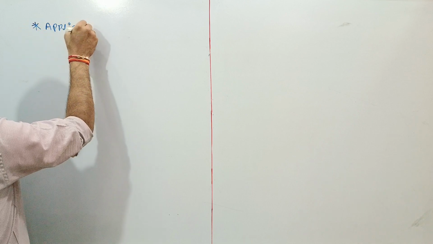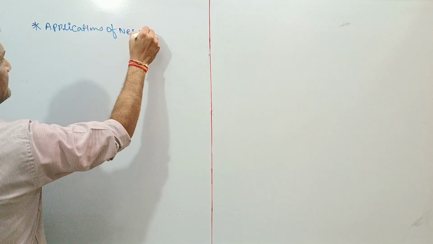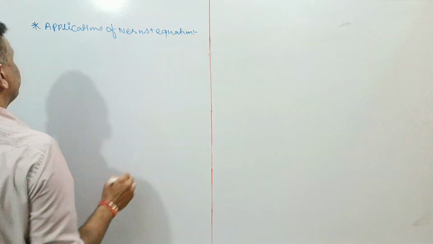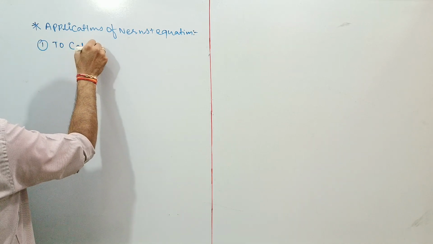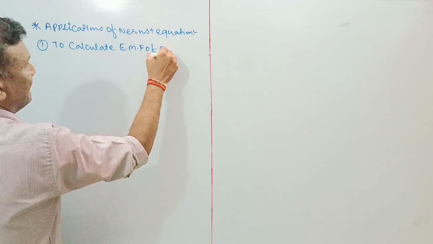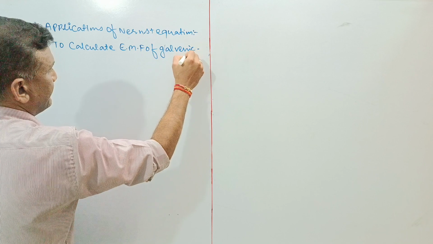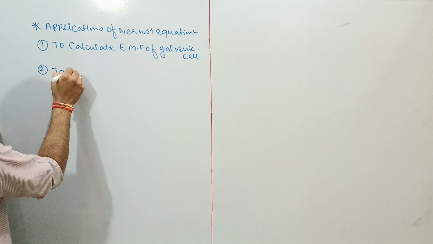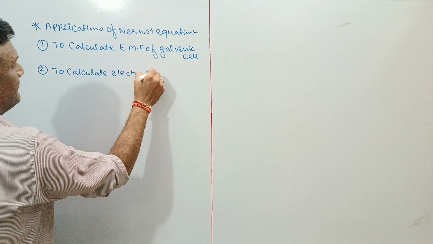So these are the applications of the Nernst equation. The first application is to calculate the EMF of a galvanic cell. This is the galvanic cell, or you can say Daniel cell also. Number 2, to calculate electrode potential,